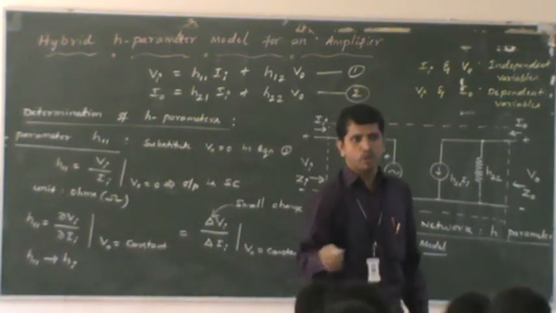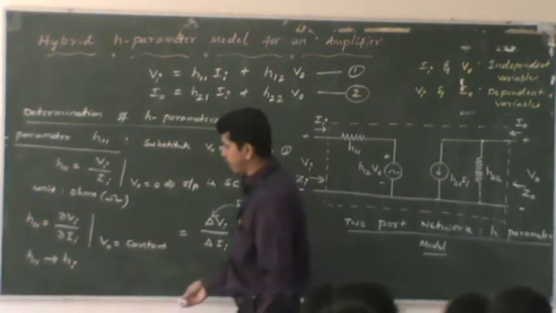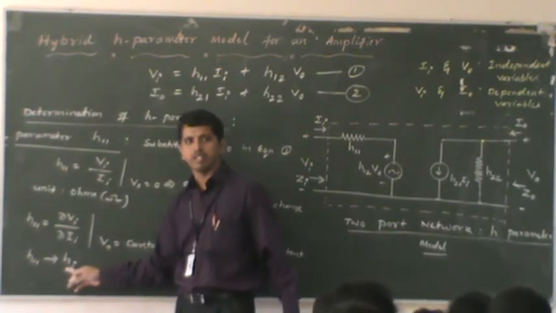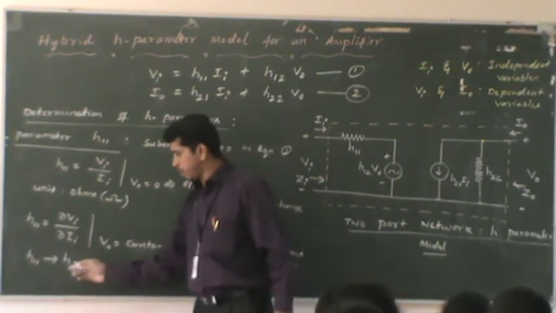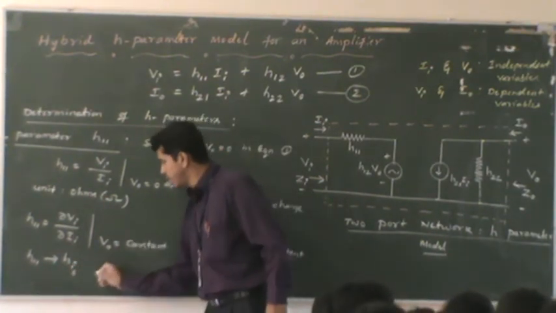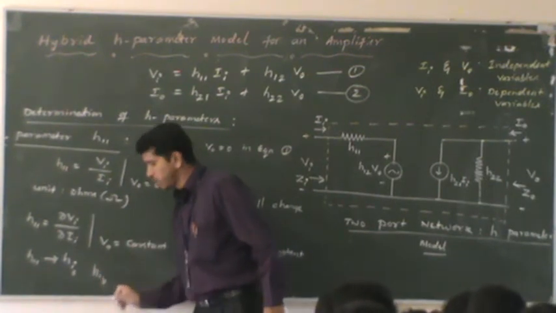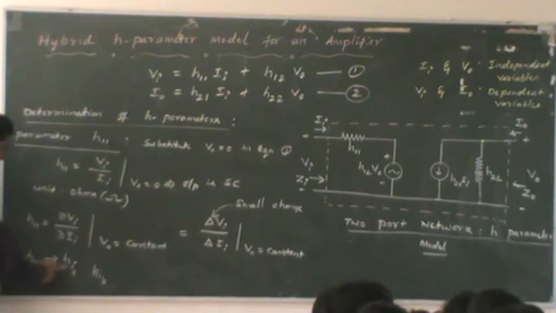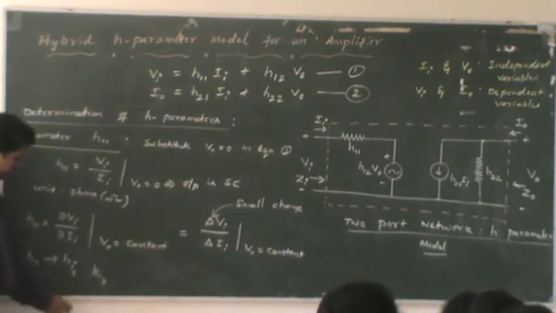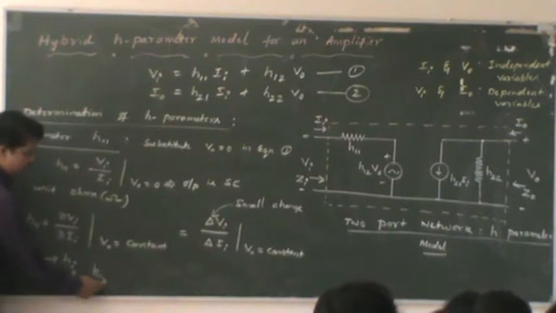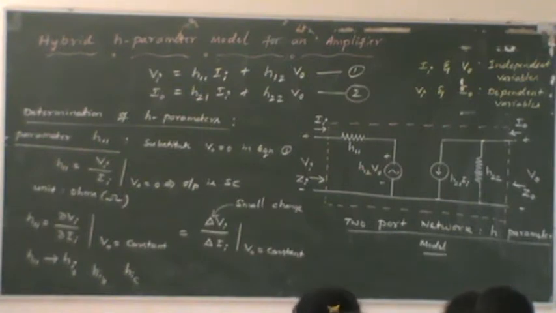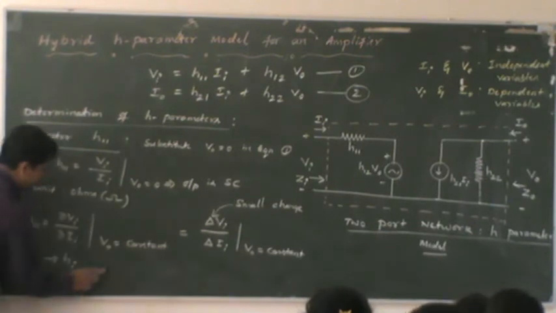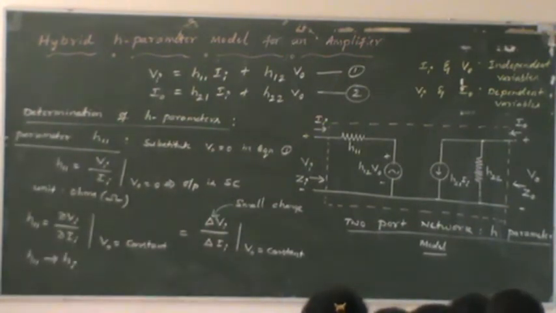Later on we are going to add some subscripts to that. Suppose I want to indicate this parameter for common emitter configuration, I can indicate it as HIE. For common base configuration, I can change this to HIB. It becomes input resistance of common emitter configuration, input resistance of common base configuration. Similarly, for common collector, we can write HIC. Notations will keep changing depending on the type of configuration. Anyway, for the time being, without going into more detail, let's indicate H11 as Hi.